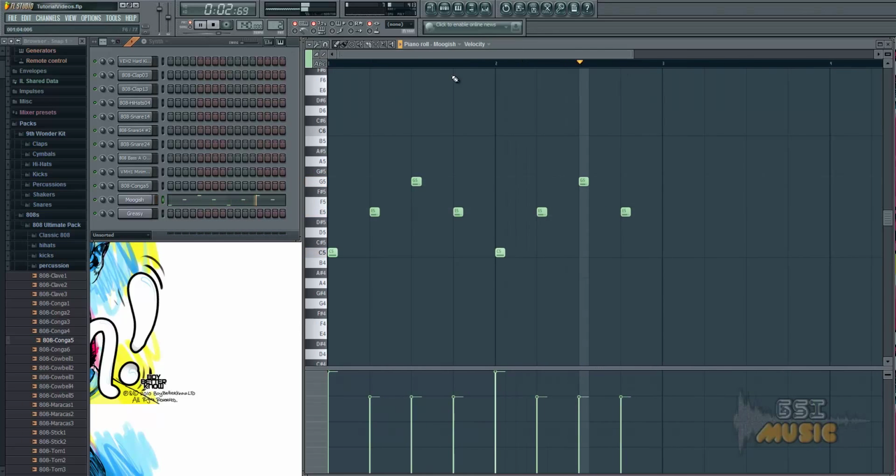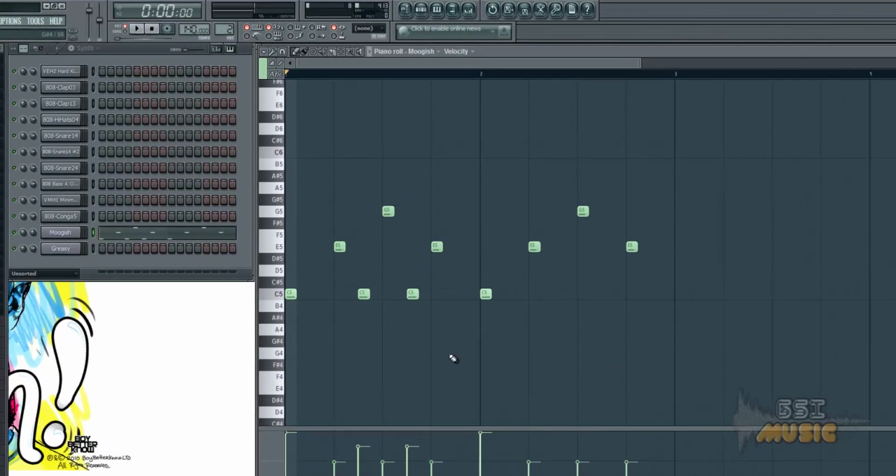You'll also notice that if we draw a note now, it will have a full velocity. This is because whenever we change an articulation, it will always update that note with that articulation, and this is